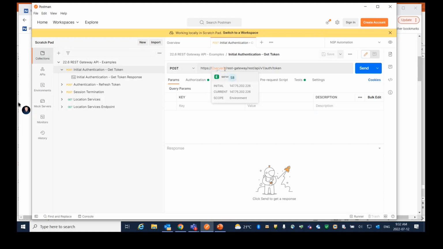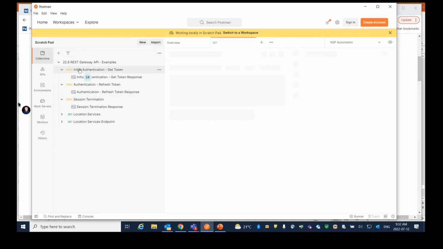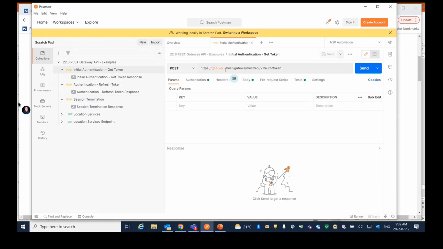Now, if you don't want to use a variable, yes, of course, I could remove this and simply manually enter the IP address of my server. The only problem is if I do that, every single API request I do, if I click on any of these, you'll see they all have a server. Well, I'm going to have to manually change that. So the easiest thing for me to do is create what's called an environment and create an environment variable,